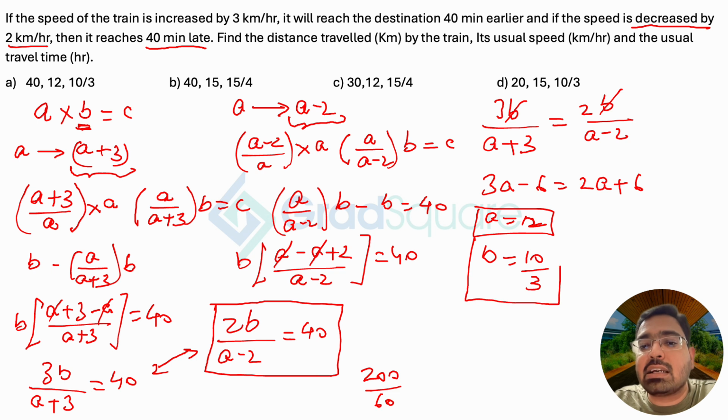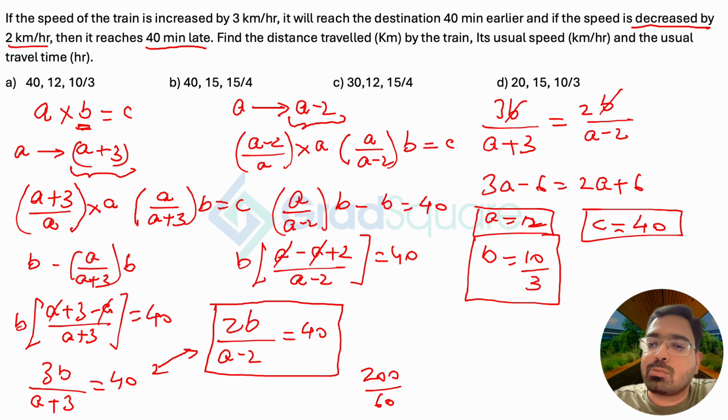And that is when I can multiply 12 and 10 by 3 to get my value of distance, which was C in this case. And 10 by 3 into 12 will turn out to be 40 kilometers. So the value of C, which is the distance, should be 40 kilometers. The value of B, which is time, should be 10 by 3 hours. And A value should be equals to 12, which is the speed. So first thing that is given in the option choice is your distance. So distance turns out to be 40. So my first two options, and then followed by speed, which is 12. So 40 and 12 should be the answer, option